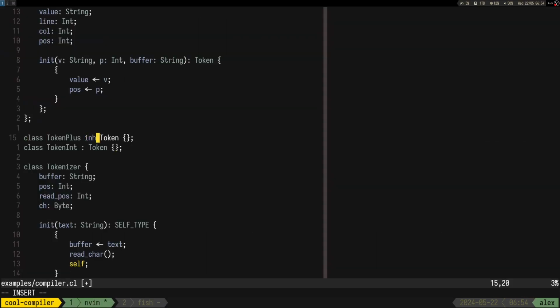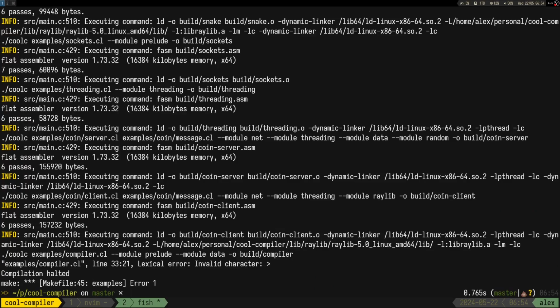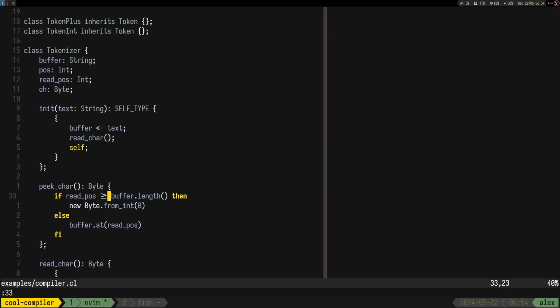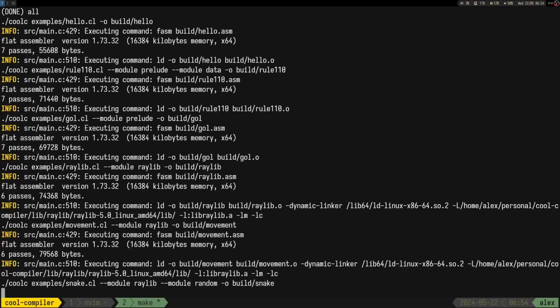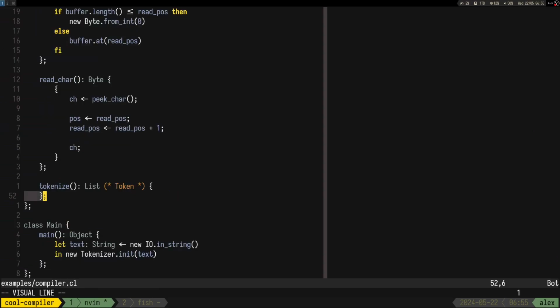Oh, inherits. Was it inherits or something else? Line 33. Okay, so the comparisons in Cool need to be the other way around. Only this one works. So line 52. Oh, it wants something, so let's do new list.